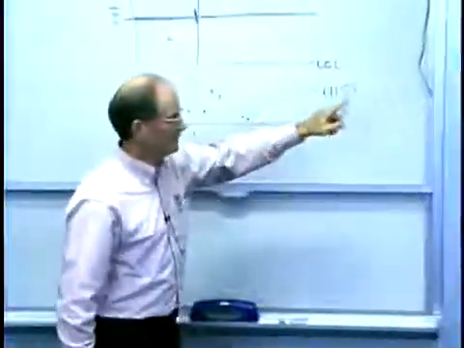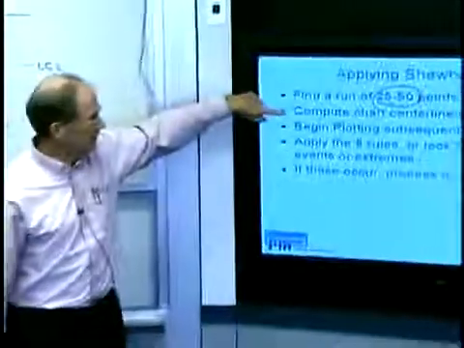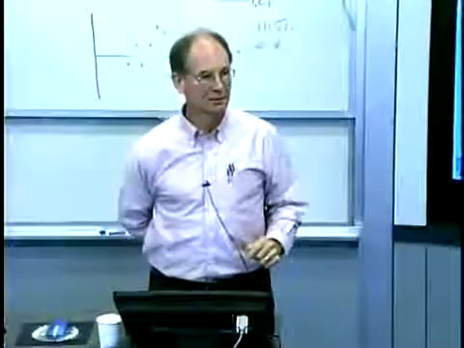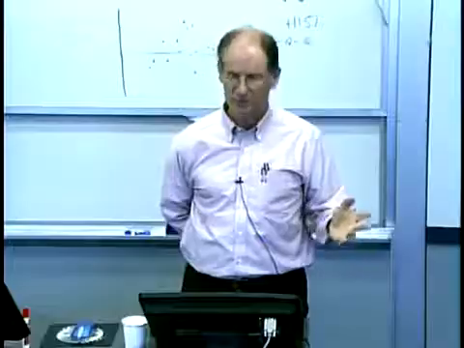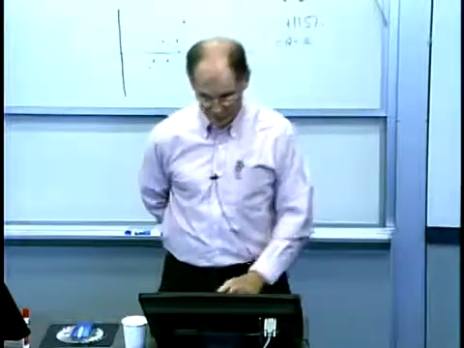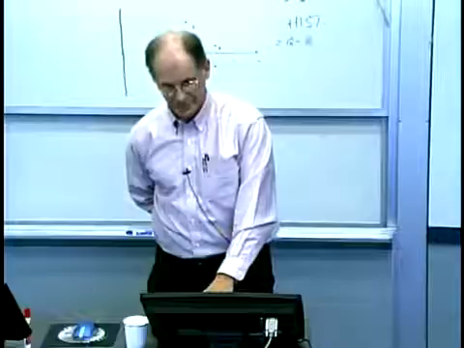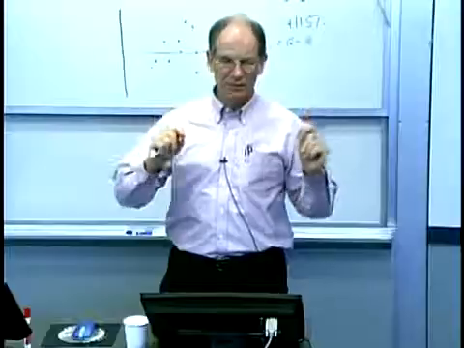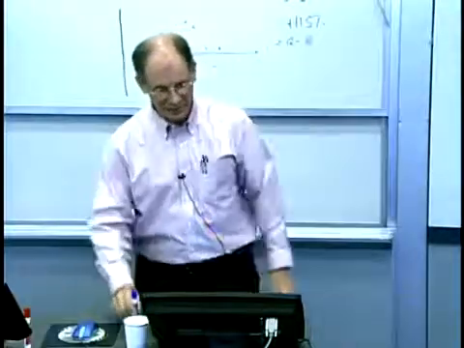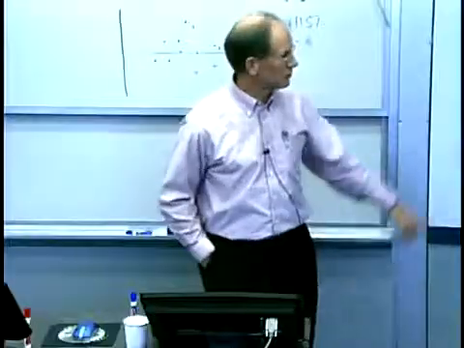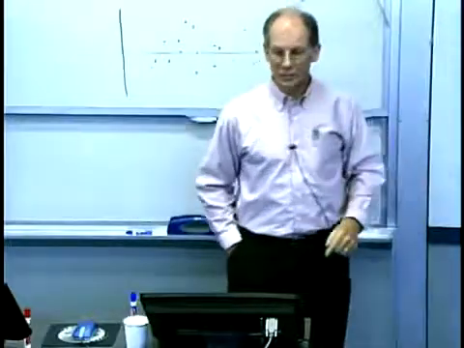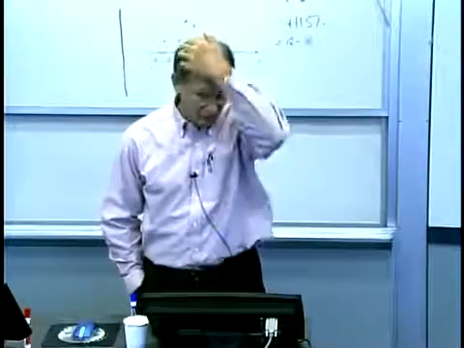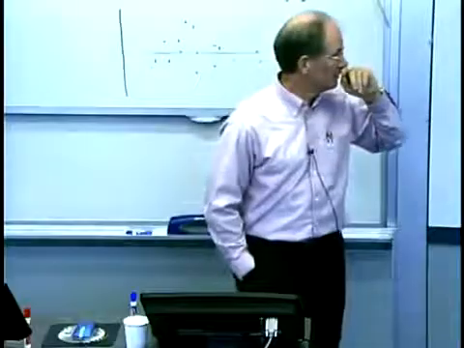Okay, so once I've done that, and this is where the art is, then I compute the center lines and the limits. I begin plotting and then I start to apply the 8 rules. Or there are some simpler rules, often called the Western Electric rules, that are actually in your text. What these rules mean is these are alarm points. These mean, to the best of our ability, your process is not in a state of statistical control, meaning it's not stationary. There is some sort of cause on the outside that's making a change, and it can be eliminated and identified.